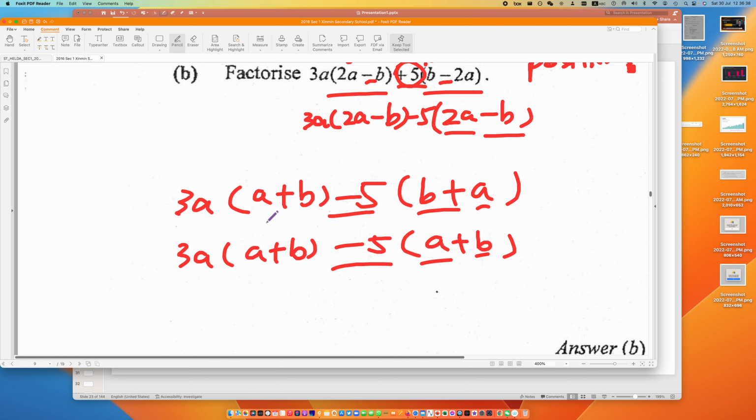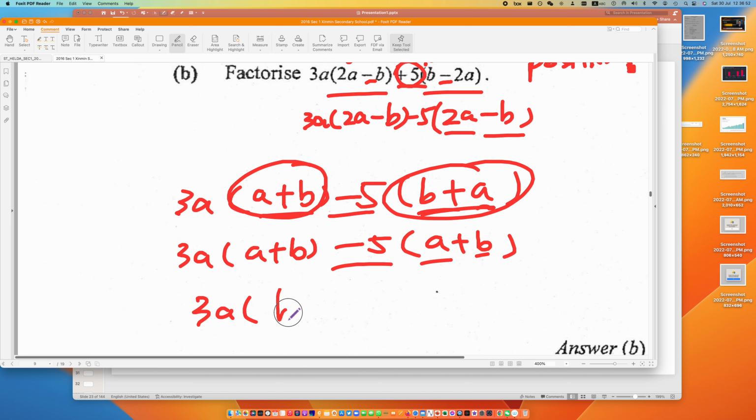Actually, in this case, these two, they are the same thing, so there's no need to change the sign in front. But for this one, this one is not the same. Can you see it's not the same? So the difference is positional, right? So you change the position and change the sign in front. For the plus, no need because they are the same thing.